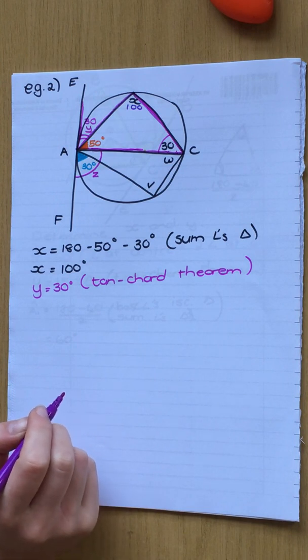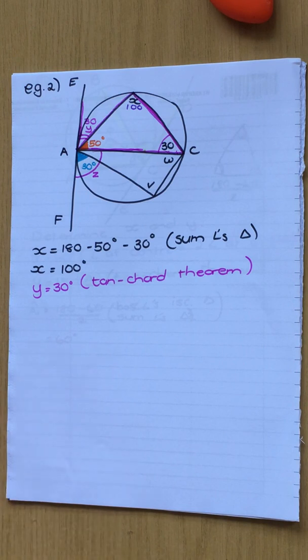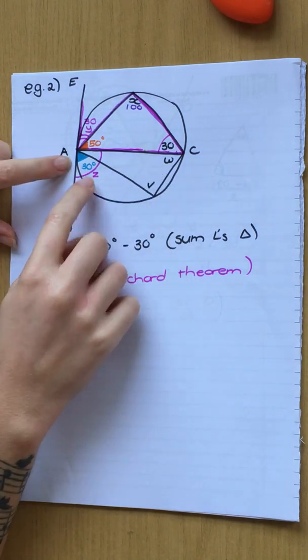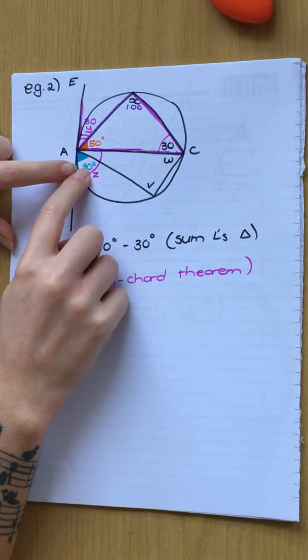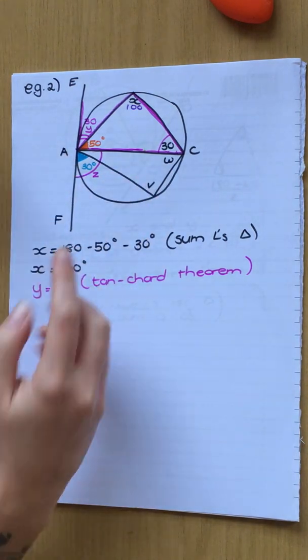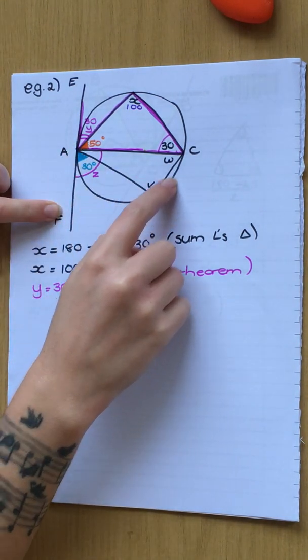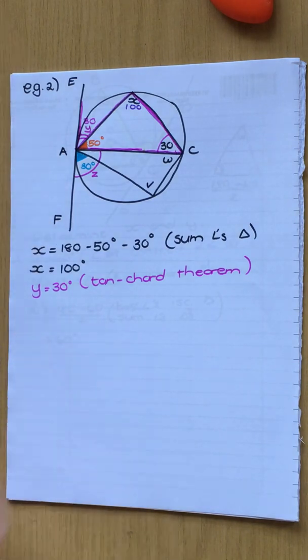Let's go do, look, like I said, there's going to be a lot of tan chords going on here, but let's move on to W over there, because my brain can already see a tan chord theorem. And even though W, it's not the angle by the tangent, but it corresponds with this 30 here. And you can kind of see it, right? You can kind of see 1, 2, 3, 4. Okay, so let's use our light blue and do that. So it's going to be